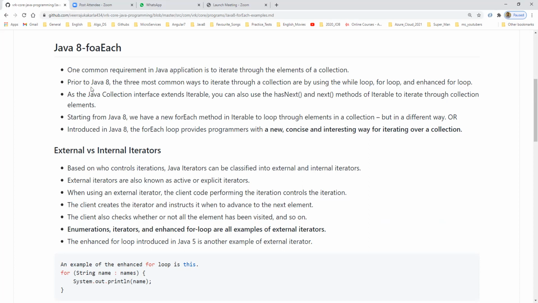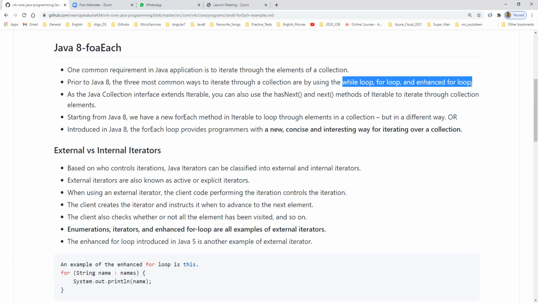We will see now. Before Java 8, there are three most common ways to iterate through a collection: the while loop, the for loop, and the enhanced for loop. These are the three options we had before Java 8.